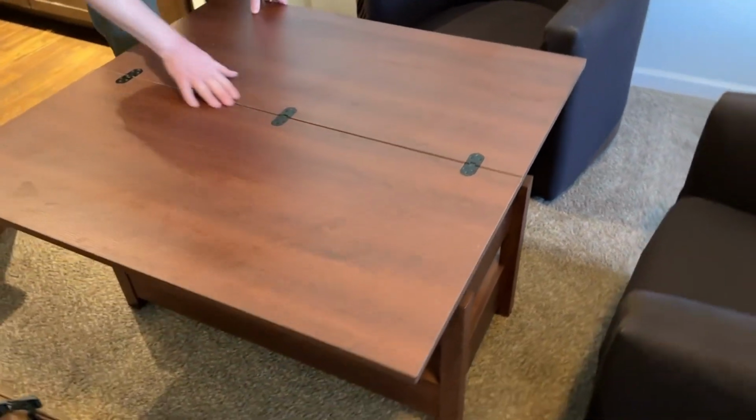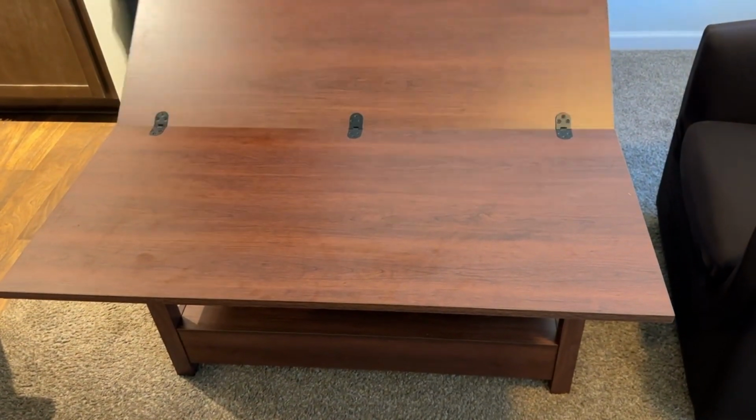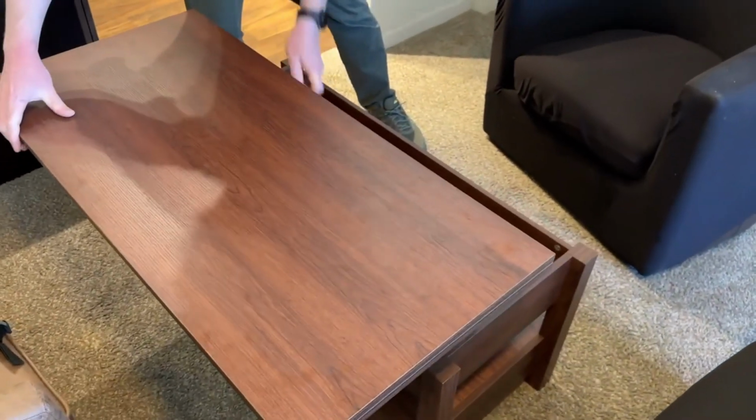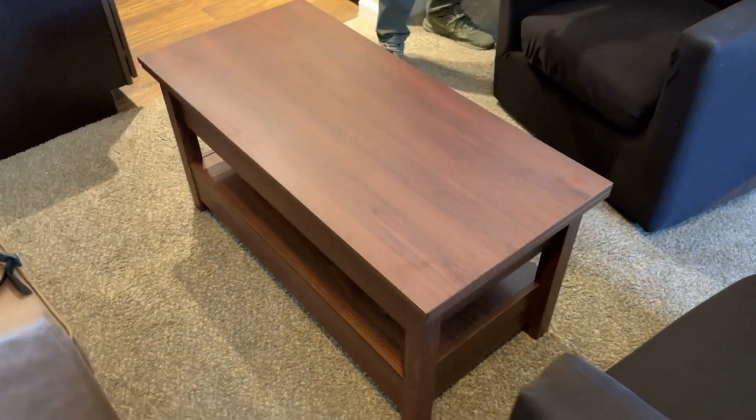All these joints seem to be very well made. It's very easy to put together. You just have to follow the instructions. And this folds down, as you can see, very quickly back to coffee table. Over on this side, you have two drawers